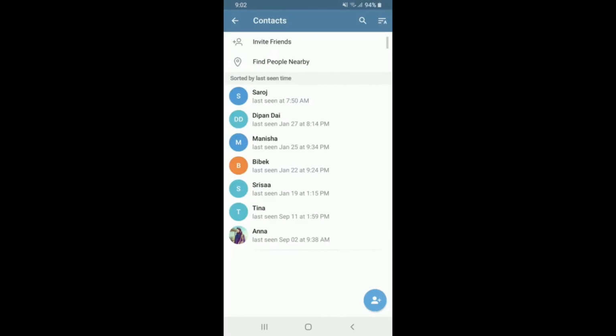How to bold on Telegram, which means how to type in a bold text on Telegram. Now let's jump right into the video. Tap open your Telegram app and make sure that you're logged in. In order to create a bold text on Telegram, go ahead and select one of the conversations. You can also choose a contact from your Telegram contact list and tap on the message text box